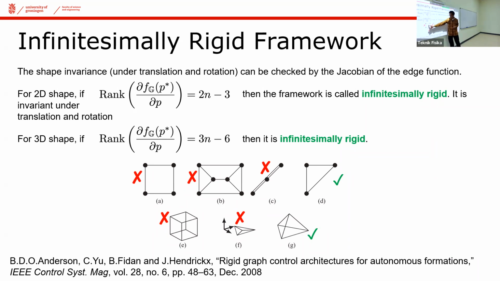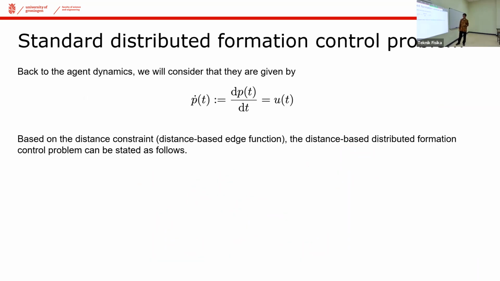This is, as we have seen, not infinitesimally rigid because it can create a parallelogram. This is also not infinitesimally rigid because you can move the inner part, like using rotations, satisfying the same distance constraint. This is also not, because this part you can rotate a bit, it is still satisfying the same constraint. This is rigid in the 2D space. In a 3D space, this is not rigid, this is rigid when you are making like a prism.